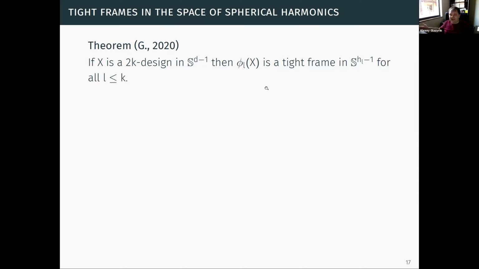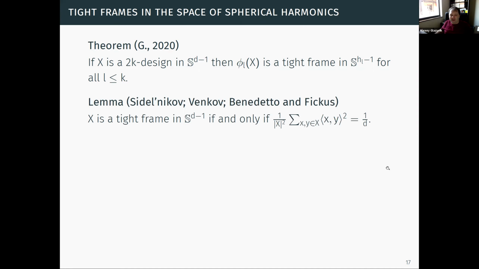This was noticed by Miyazaki for k equal to 2, essentially. But it works for all of them. It works for any power. So what is the proof? I'm gonna give a sketch of the proof. Well, for a tight frame, you have a condition to check. If the average square of the scalar product is 1 over d, 1 over dimension, then this is a tight frame. The inequality was